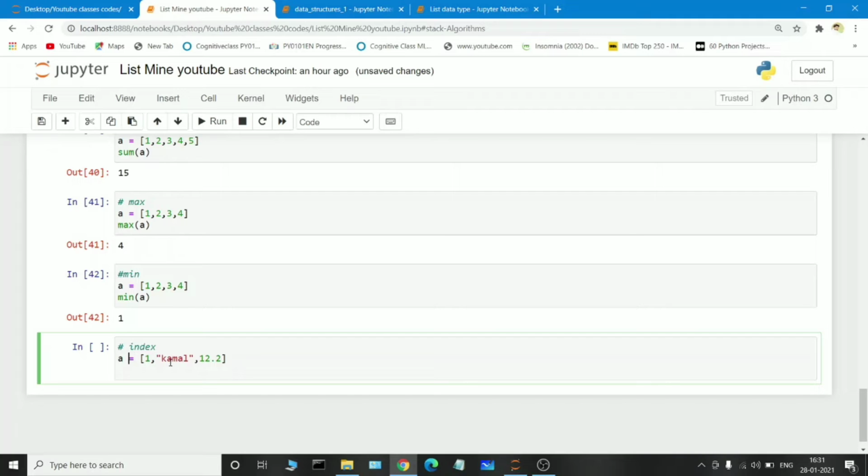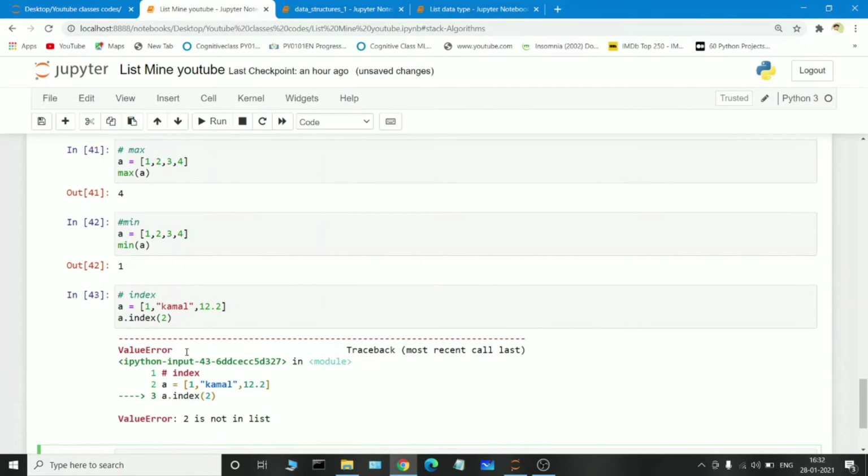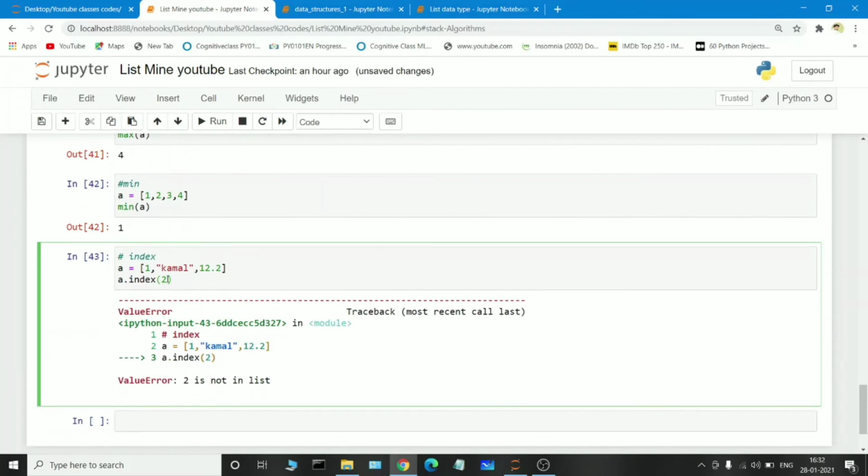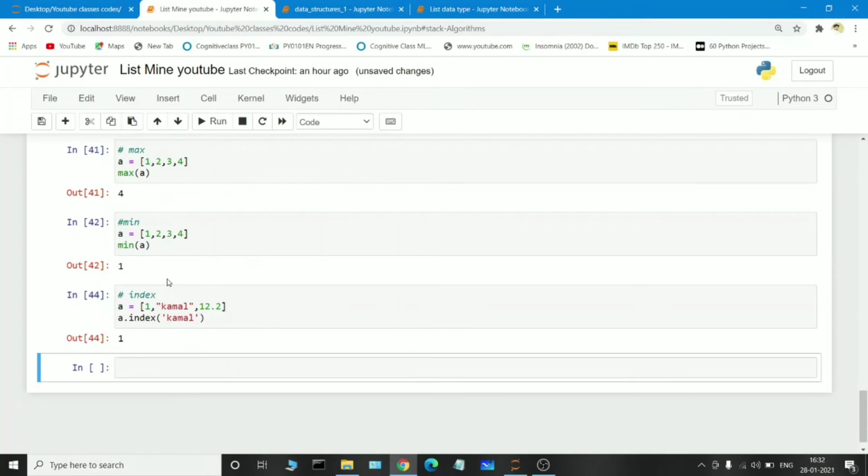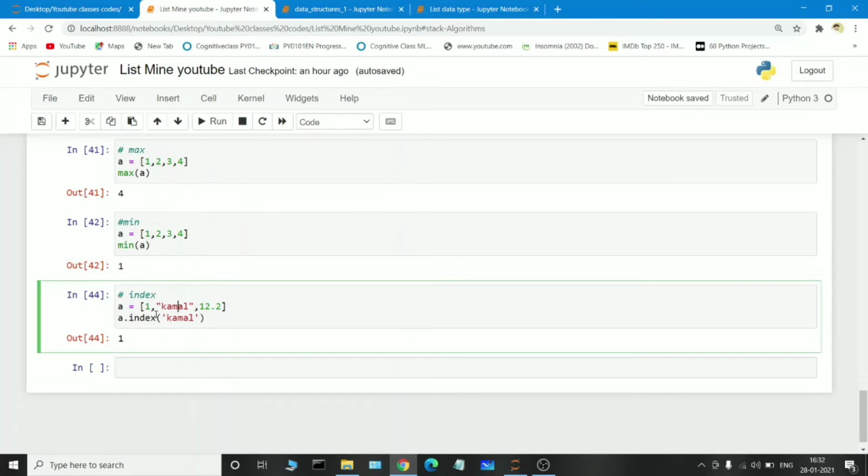With the help of the index keyword, we can find a.index of the value; in the place of the parameter, we need to give the value we inserted. So a is the variable, a list that accepts strings as well as floating values, and I am passing a.index. We are just finding at what index position this particular string is held.